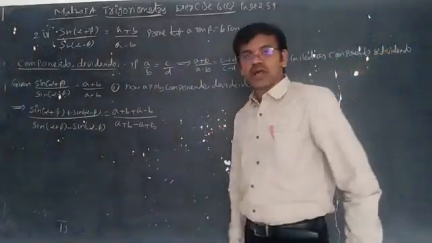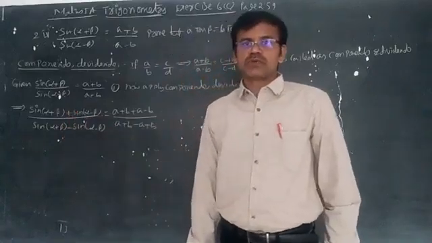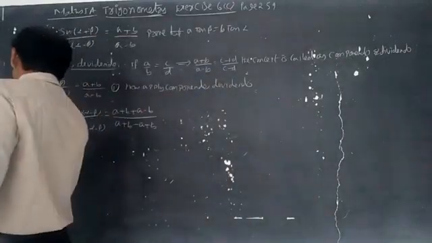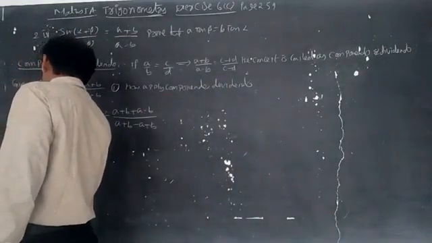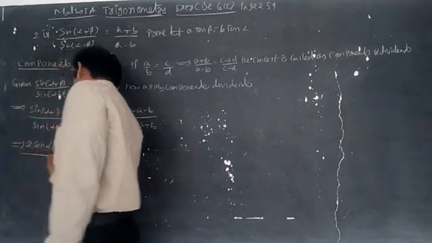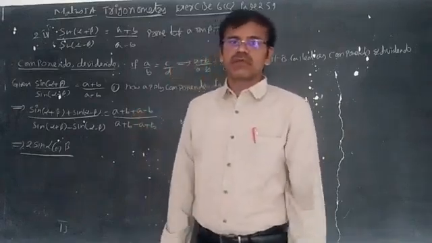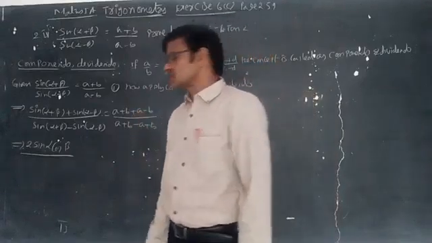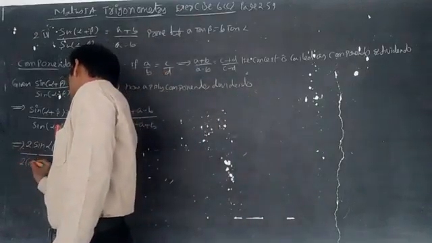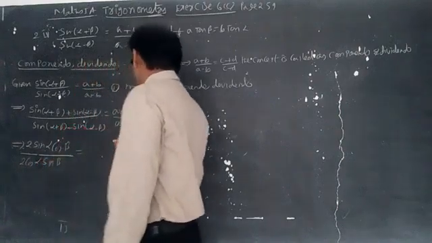The formula is the transformation: sin a plus sin b becomes 2 sin a cos b. So you can write here 2 sin alpha cos beta whole by sin of a plus b minus sin of a minus b, formula 2 cos a sin b. So now we can write 2 cos alpha sin beta is equal to,